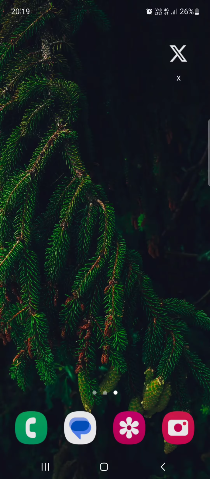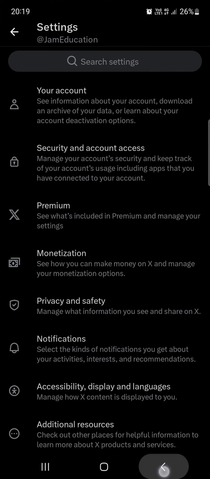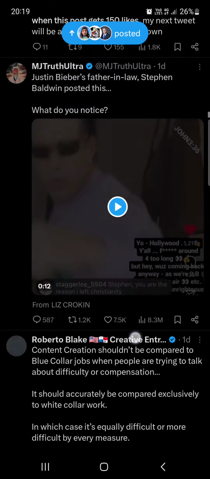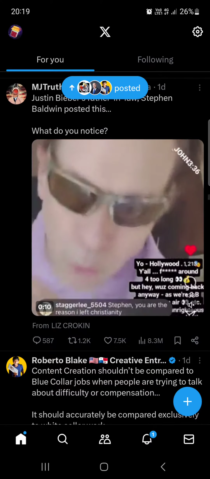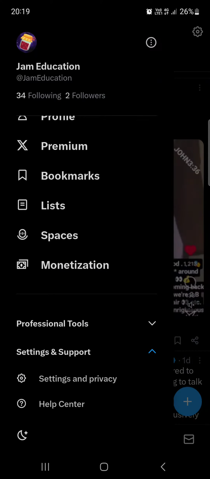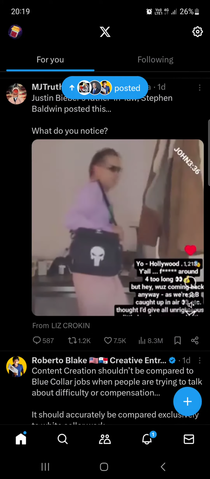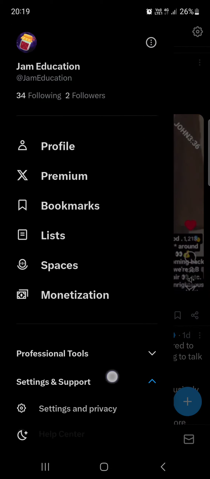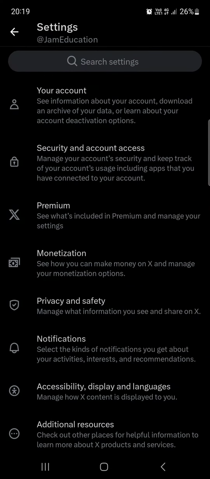First we have to open up the X app. And here it usually opens up in the feed where we have the posts of the people that we follow. Now we can just swipe to the right, scroll down a bit, tap on settings and support, and under settings and support, tap on settings and privacy. Here we tap on privacy and safety,